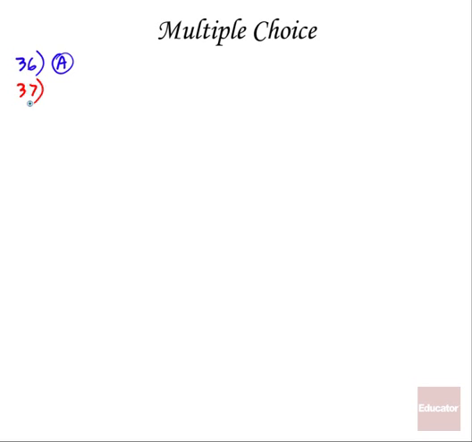Moving on to 37, we're talking about photons of light that have a frequency and momentum. What about the momentum if they have a frequency of 2 times their initial frequency? Well, to do that, let's start by looking at some of the relationships involved. We'll start with our wave equation, v equals f lambda, but